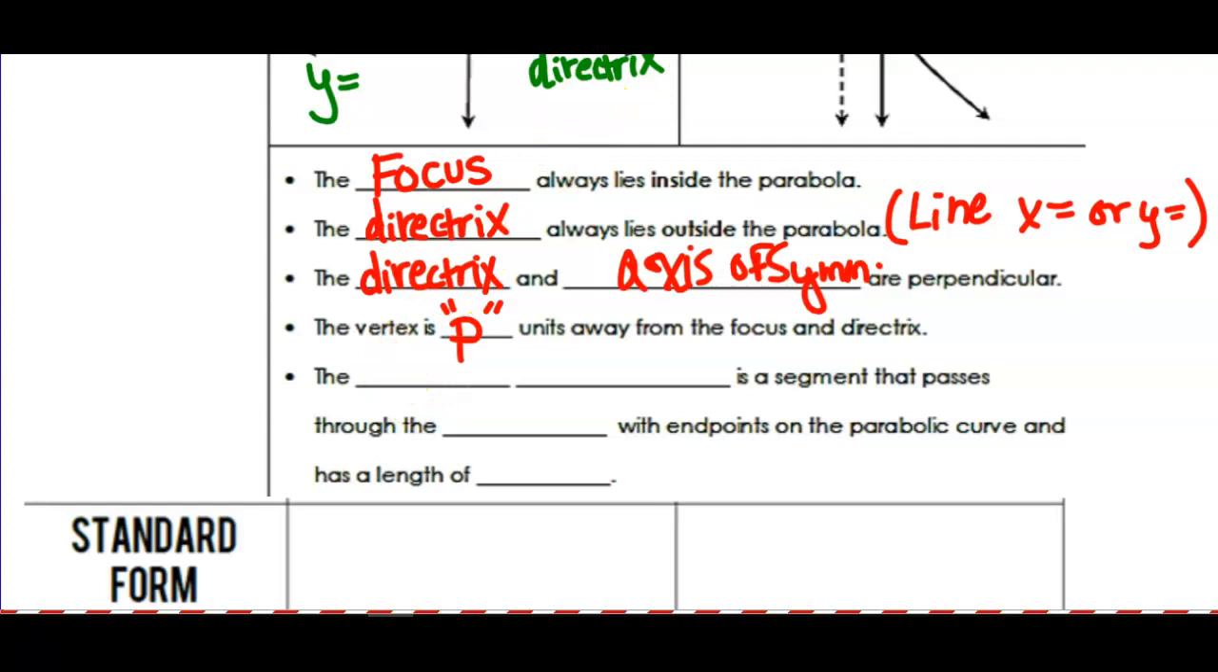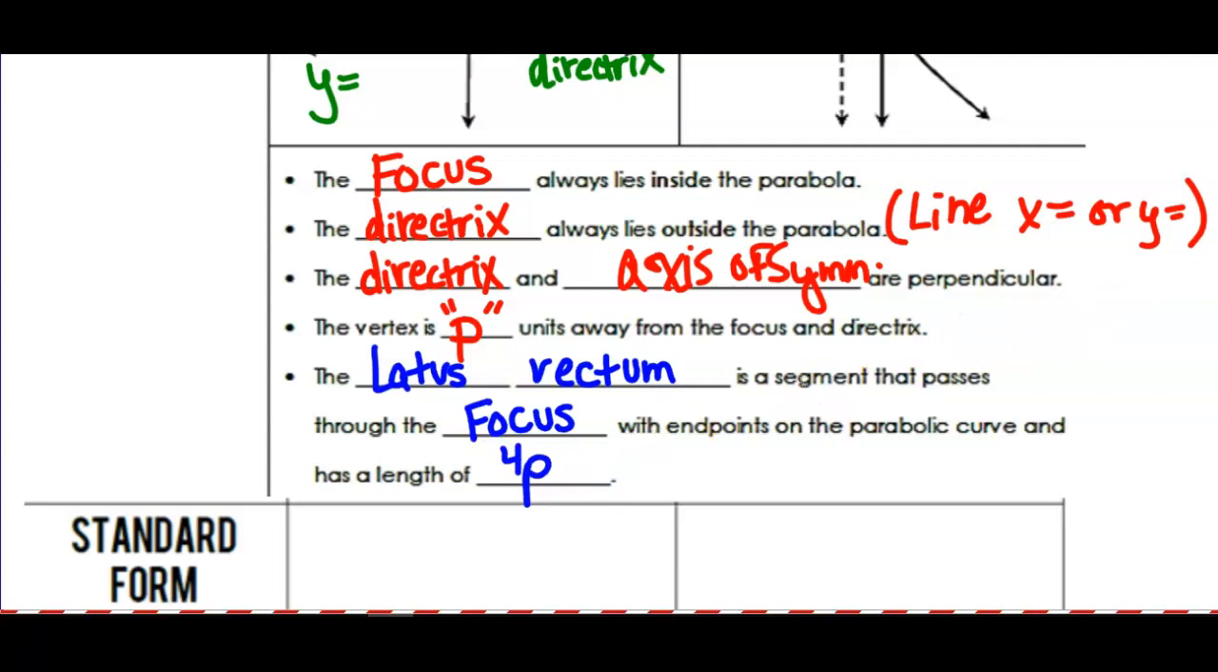Okay, this is an amusing one. I never taught this before, but it does help graph these. The latus rectum. I want to say that too many times and make us giggle, right? Is a segment that passes through the focus with endpoints on the parabolic curve and has a length of 4p. There's going to be a 4p in our equation,